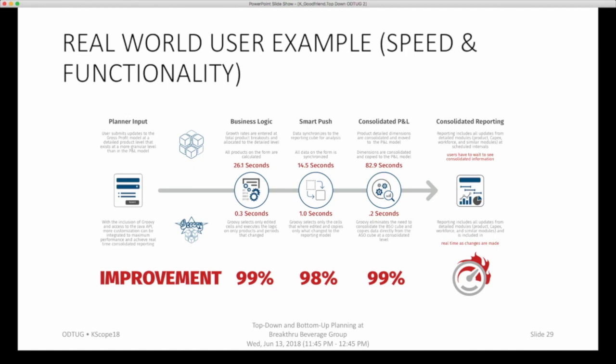Just to give you an example, the form that I actually showed you, these are real-time results at breakthrough. And if you think about the @descendants on the calculation, it was taking 26 seconds for a lower level calculation. With Groovy, it takes under a second. The smart push went from 14.5 seconds to 1 second. The consolidation went from 83 seconds if you would run that on the form to 0.2 seconds, because theoretically the